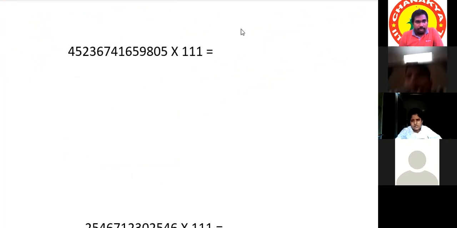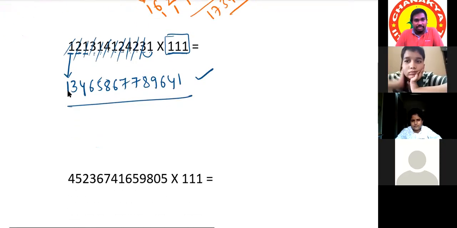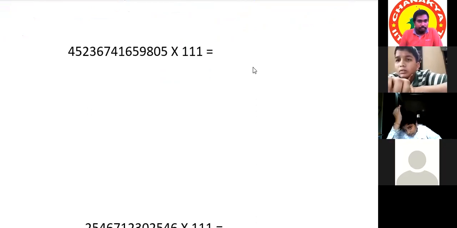If there is any carry, because there is no carry in the above question, it seems very easy, right? If there is a carry, we need to do the before number plus 1. If the next combination is getting a carry, it means in the present combination we have to increase 1.